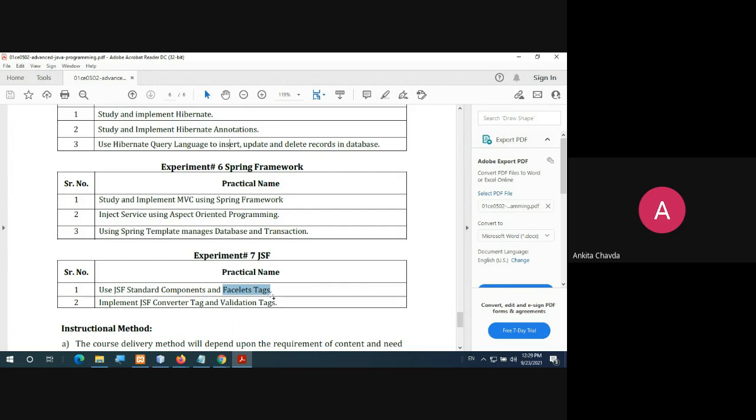So we actually have 4 programs: one for the standard components, another for the facelet tags, one for the JSF converter tags, and the fourth one for validation tags. We have 4 programs. Here you just need to study; you have that single program, right?